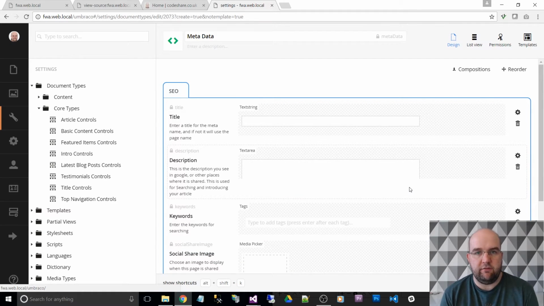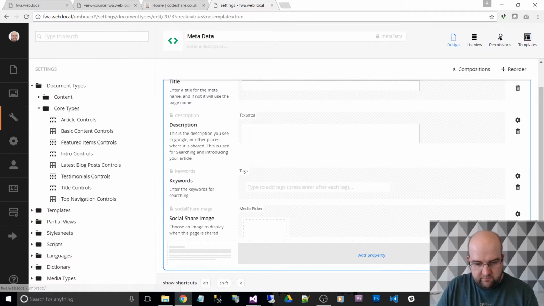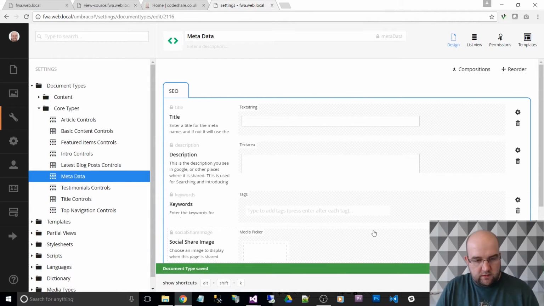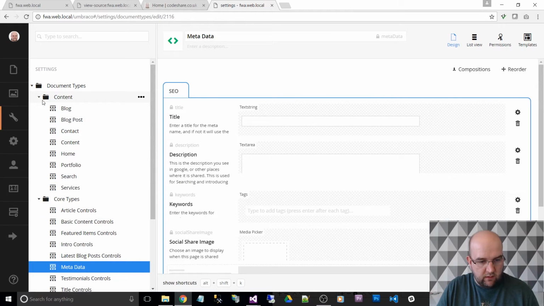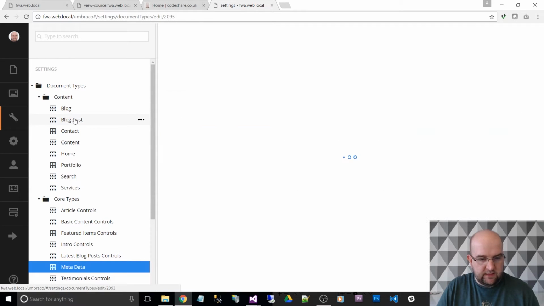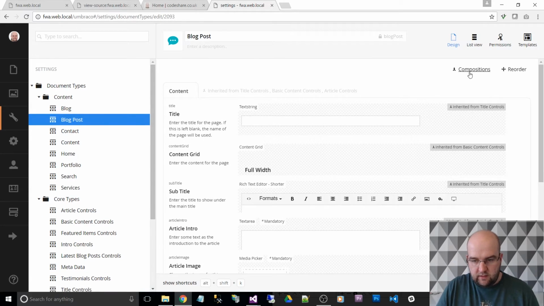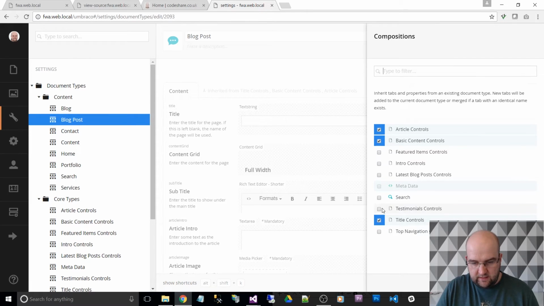Say if you're sharing it on Facebook, you want this page to come up with a certain image. It can find images on the page, but you might want a specific one for it. So that's good. So I'll save that. So in theory, I've got all the properties that I need, and this is in a metadata one. So I want to add that to, let's say, a blog post. So compositions, metadata,